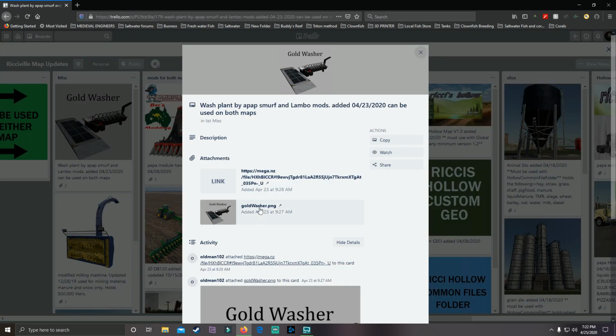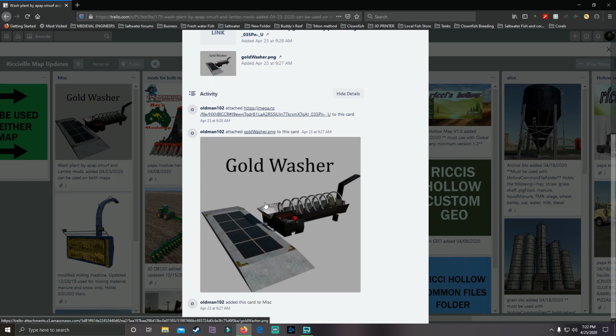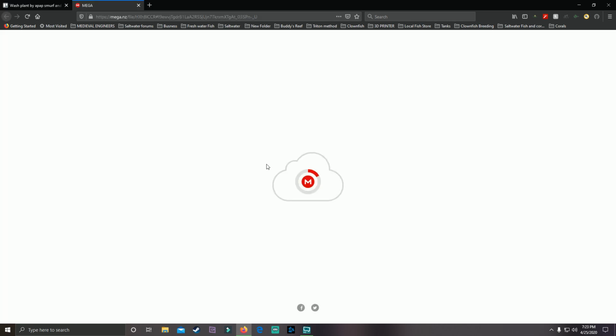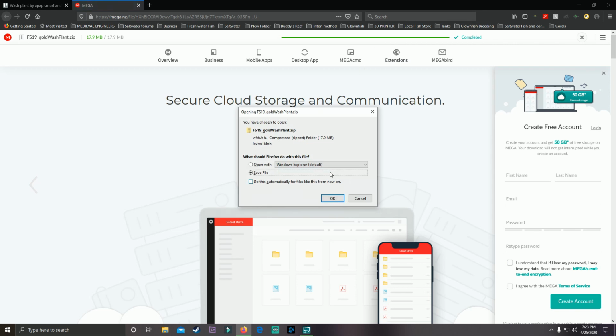Let me download it. Basically the way it works is you click on the picture and it brings this up. It gives you a little picture, a little description and all that. But right here where it says link, you just click it. It will take you to this screen right here. Then you click download, and then start downloading the map. Then you click save,